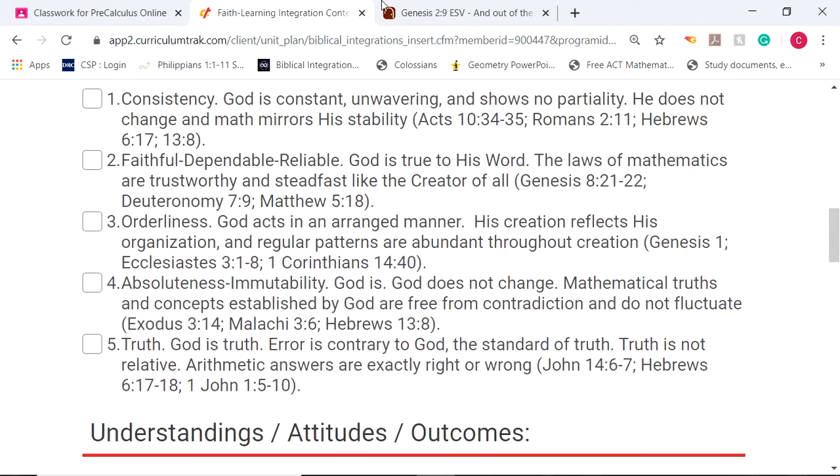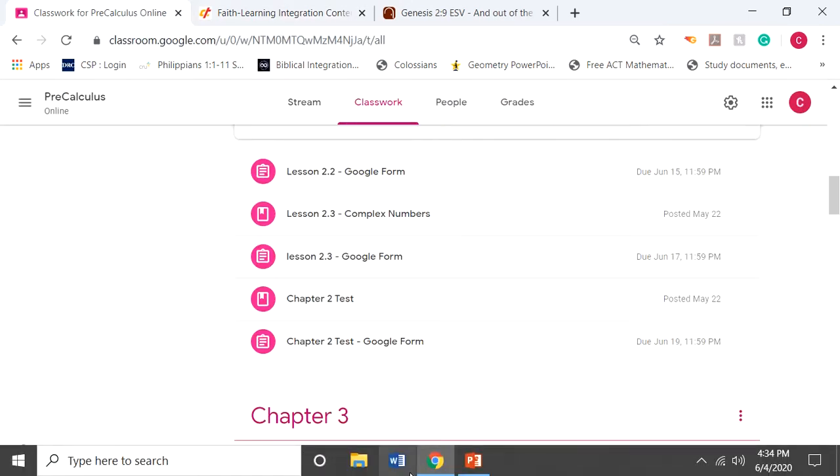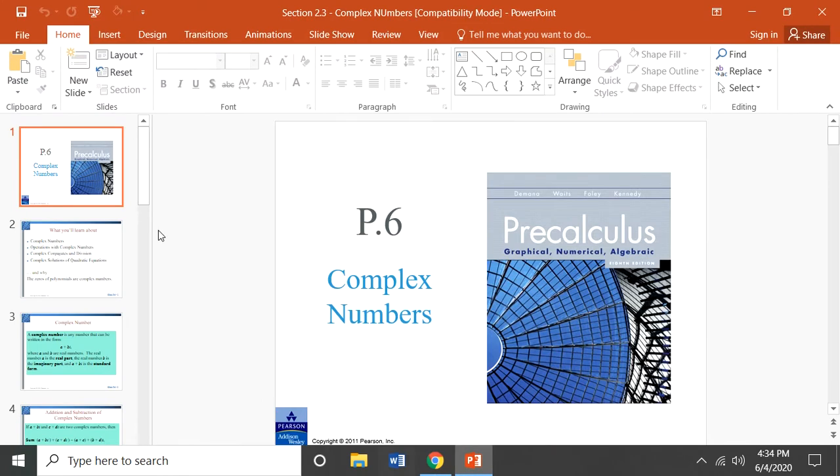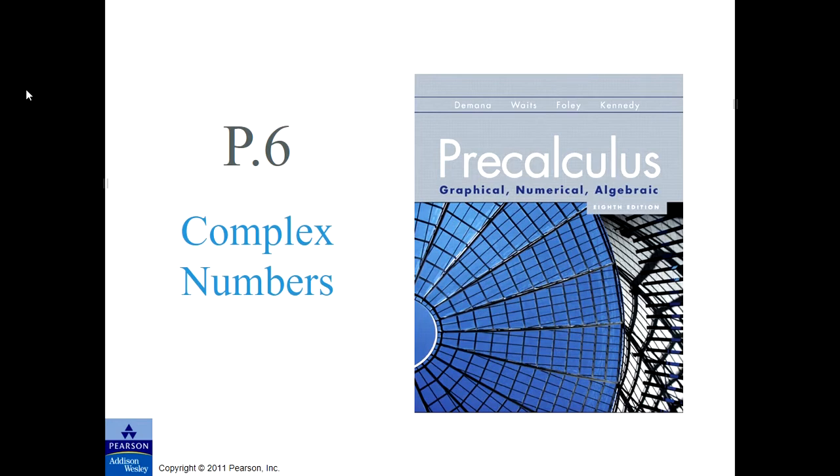So let's go ahead and get started with today's lesson. I want you to see that as we're going through today's lesson and just try to glorify God as we work through this. So this whole section, which is P.6 or 2.3, whatever we're going to call it, is about complex numbers. And you might be asking yourself, well, what's a complex number? A complex number is just another way of saying